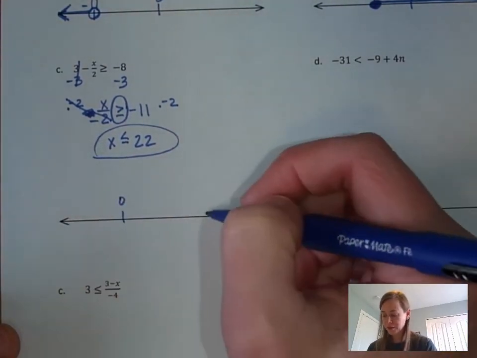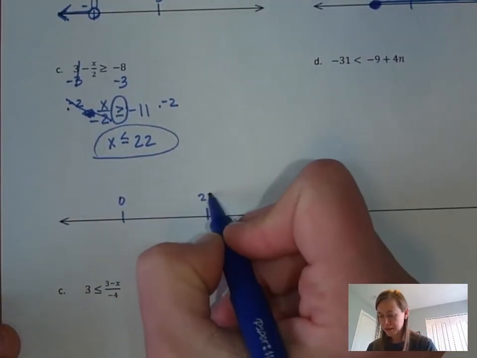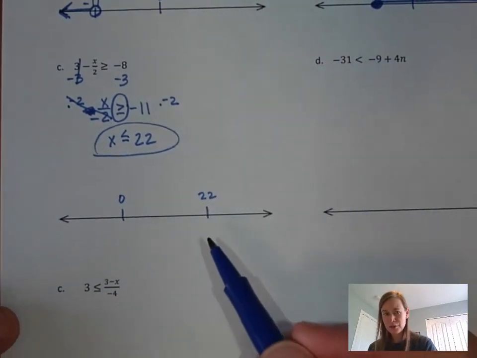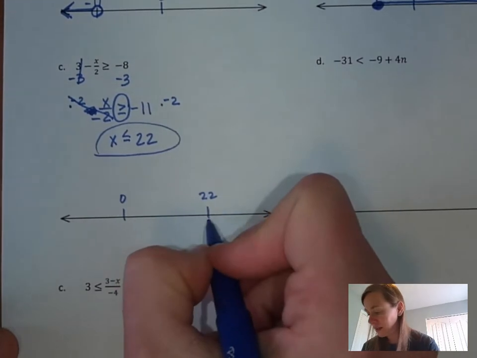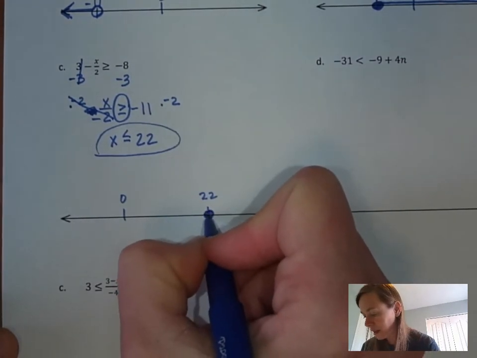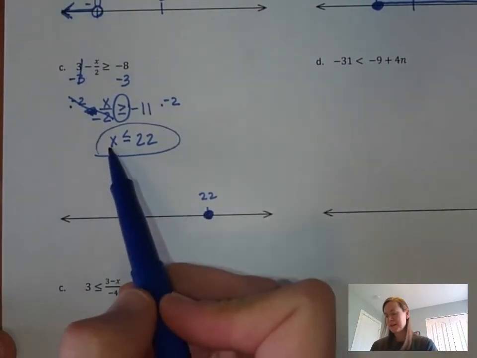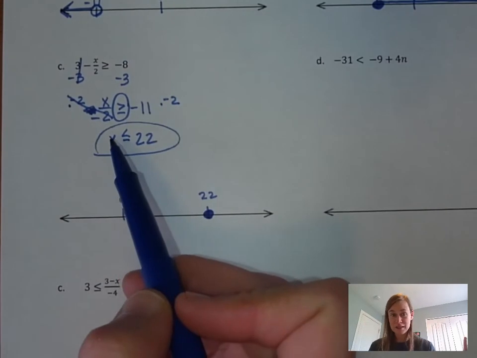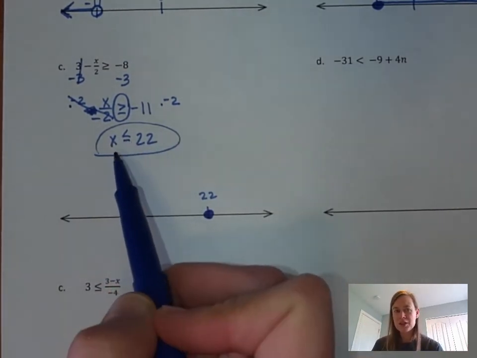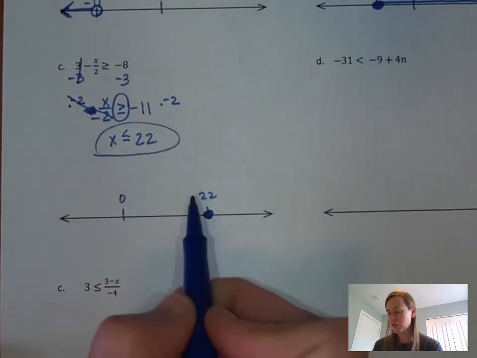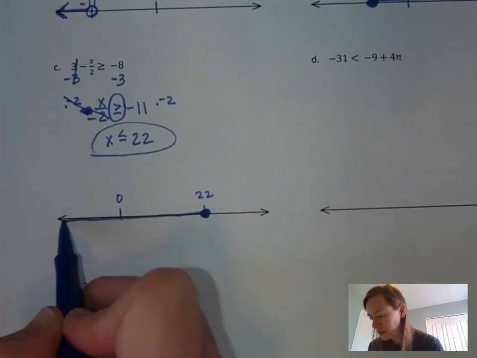Let's put it on our number line. Let's go ahead and graph this. So here's my 22. I'm going to fill in my dot because I have that or equal to part of the sign. So I need to use a closed dot. And now let's see, x, or in other words, the answers to this problem are all less than 22. The range of answers are smaller than 22, so let's draw our arrow towards the smaller numbers,